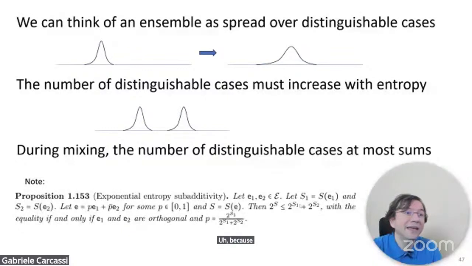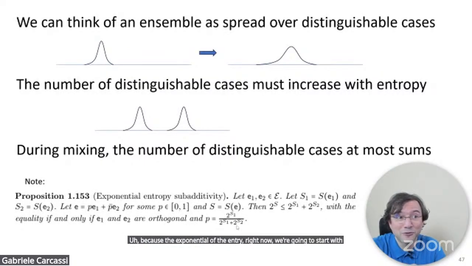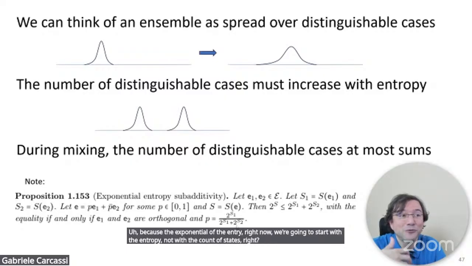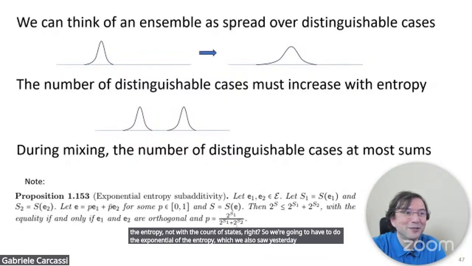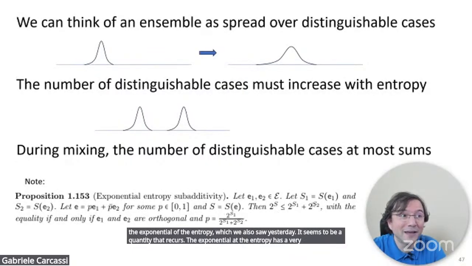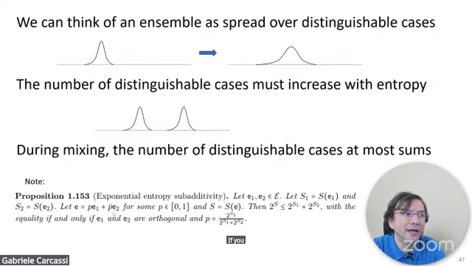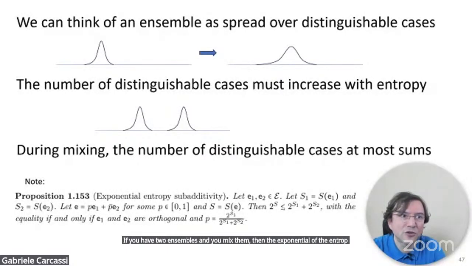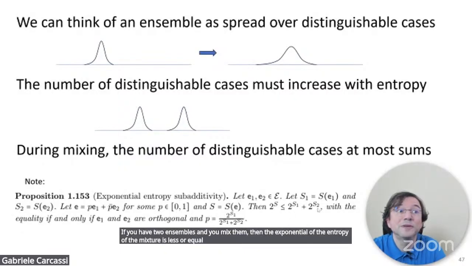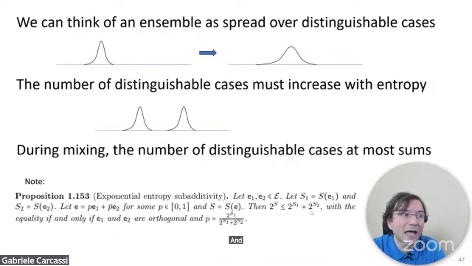Because the exponential of the entropy, right now we're going to start with the entropy and not with the count of states, so we're going to have to take the exponential of the entropy, which we also saw yesterday. It seems to be a quantity that recurs. The exponential of the entropy has a very nice property, that it's subadditive. If you have 2 ensembles and you mix them, then the exponential of the entropy of the mixture is less than or equal to the sum. And it's the sum only if